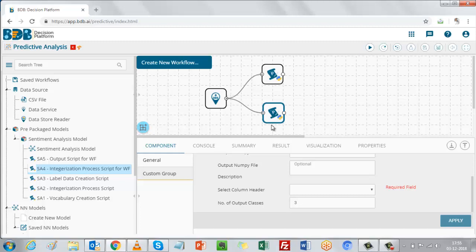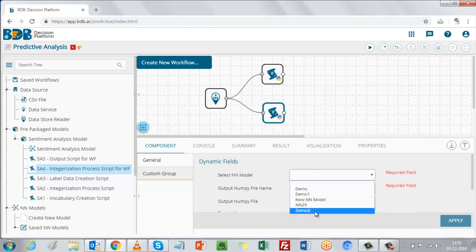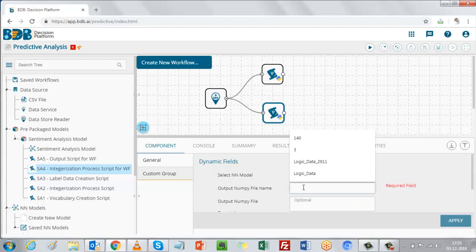The next component is your label data creation script, and we would configure it. We would select the model name, which has just been given. As it is providing us the label data, we would give the name as label data X regarding our model. Here the description is optional, but it is better to give because this will be useful when you are having lots of supporting files, and after some time it can acknowledge what kind of data one file is holding. So as it is label data,